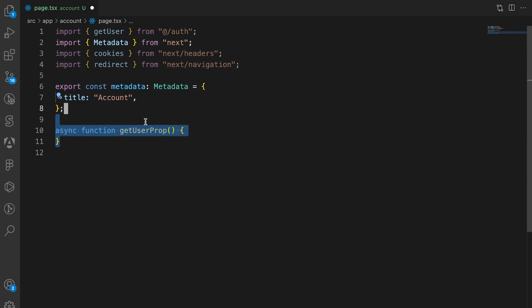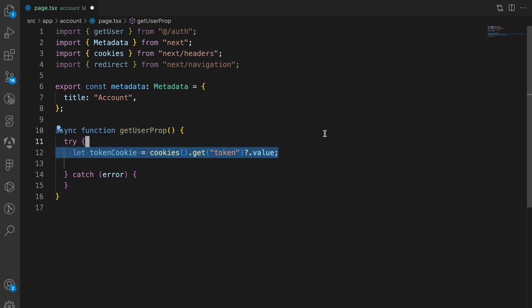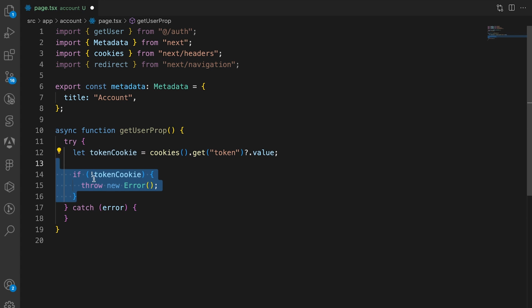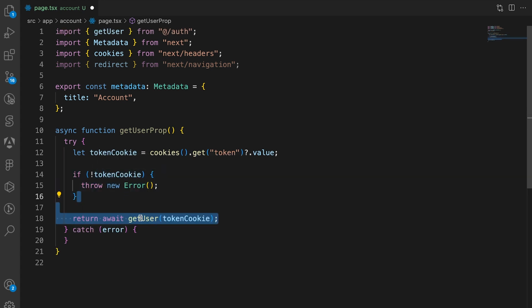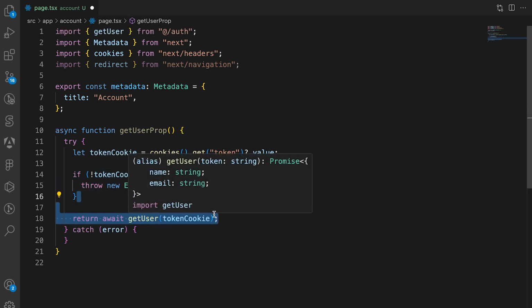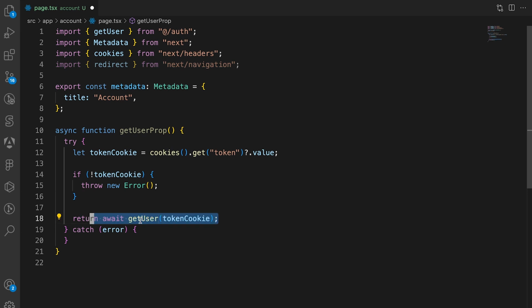So then we're going to create a function, an asynchronous function actually, to get the actual user properties. So then we're going to get access to the token cookie. And then if the token does not exist, we're just going to throw an error. And then if the token exists, we're just going to return the result of the function getUser, which we imported and created in the previous video. So then we could just redirect them to the sign up page if there's any errors, because if there is any errors, that means that the user is not actually logged in